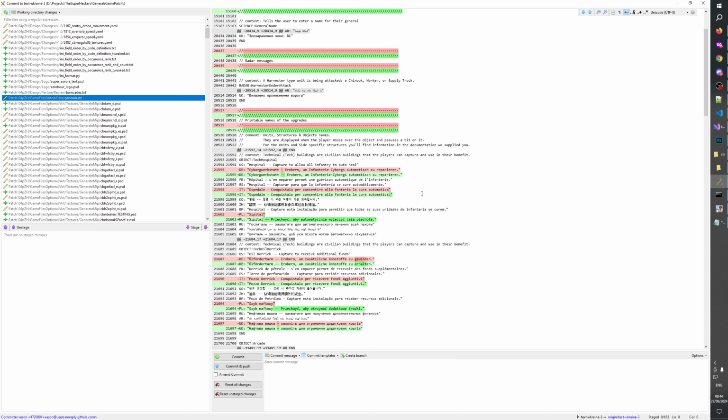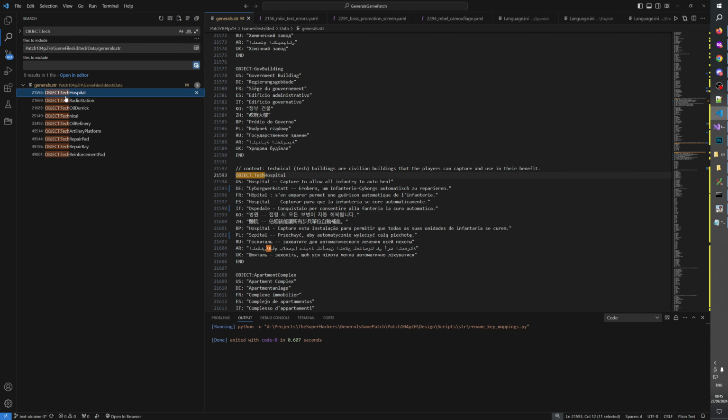So, hospital. Do we need to document this? Not really. The dots also not. But this one here. Tech hospital. Good, so